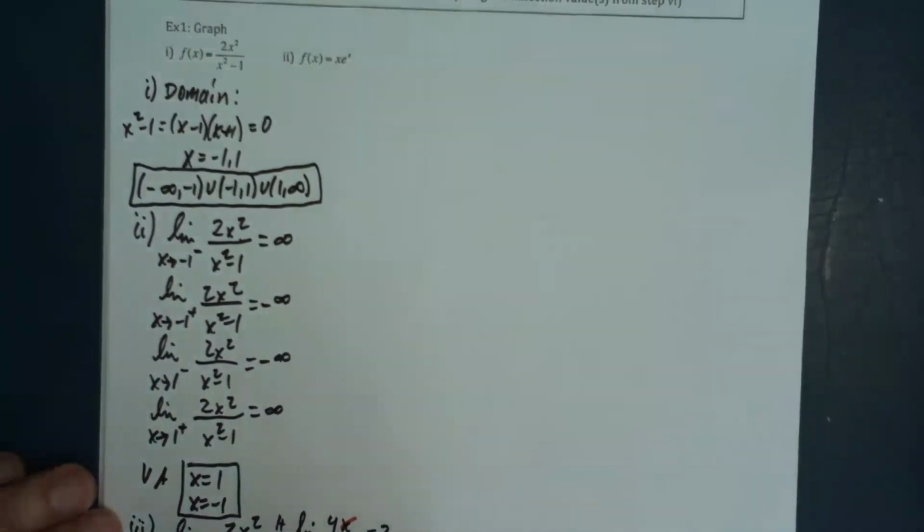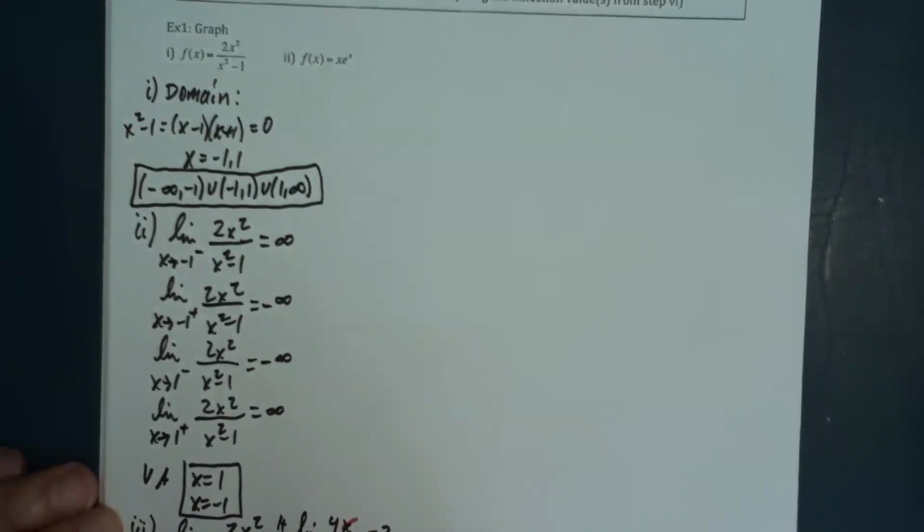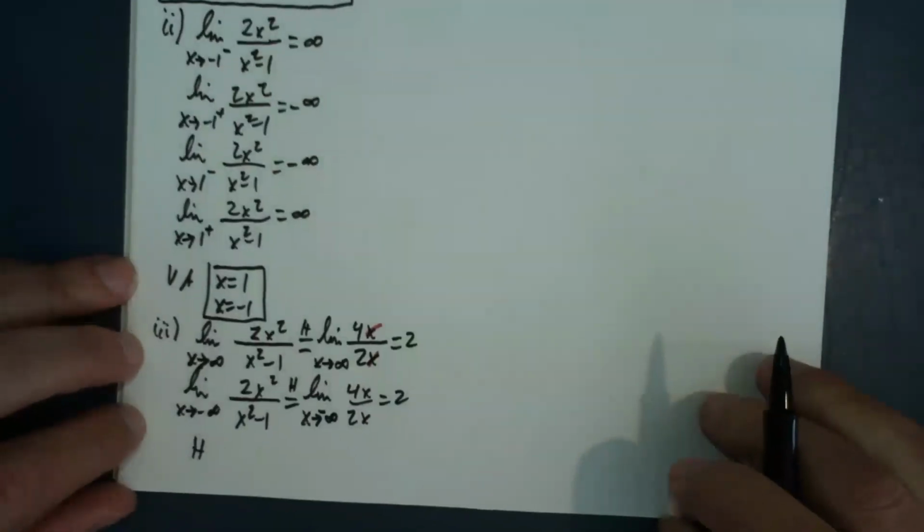Let's see if we get a different horizontal asymptote if we go off into negative infinity. We might. Once again, we have infinity over infinity, because we're squaring it, right? So it doesn't matter that they're negative. So applying L'Hopital's, as x goes to negative infinity, we once again get 4x over 2x, which again is 2. So we have a horizontal asymptote